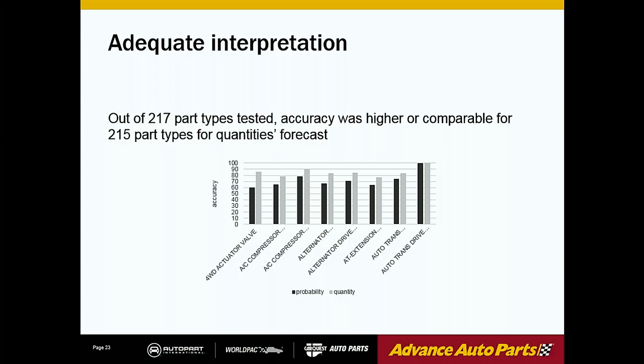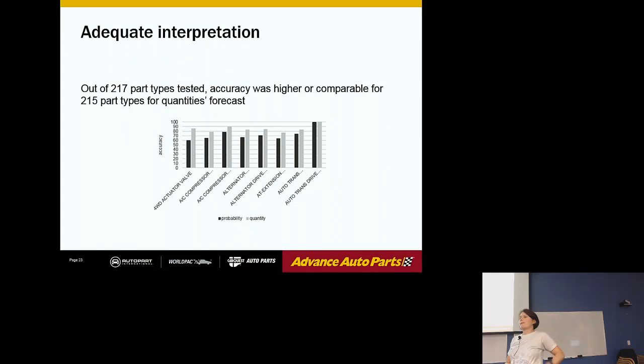So for those other 2 that it wasn't better, were you able to tweak your algorithm or do something that would say, we're going to do these 2 by hand? No. We decided that the majority is good enough. We did explore them and looked at ways to make the forecast better for them, but no, we do not do assortment by hand. That's very dangerous.